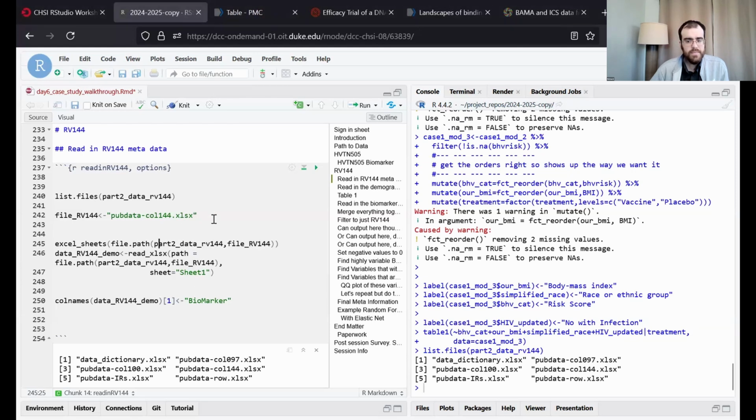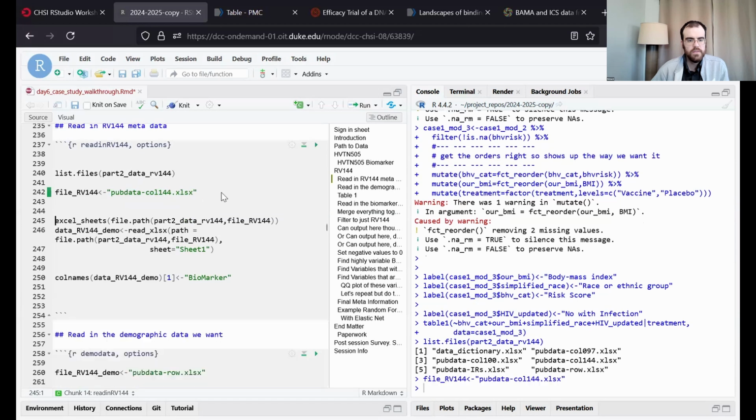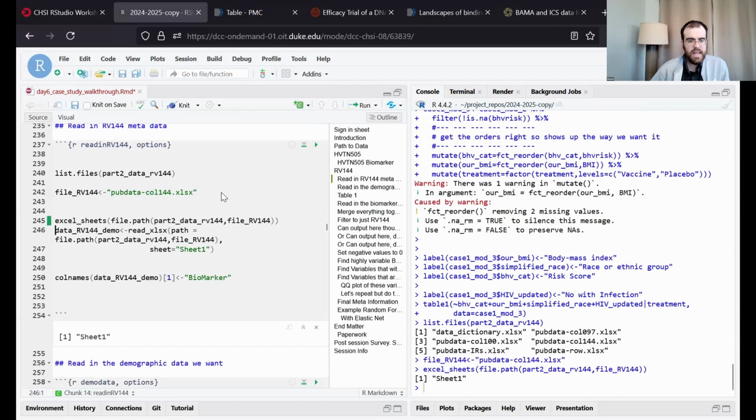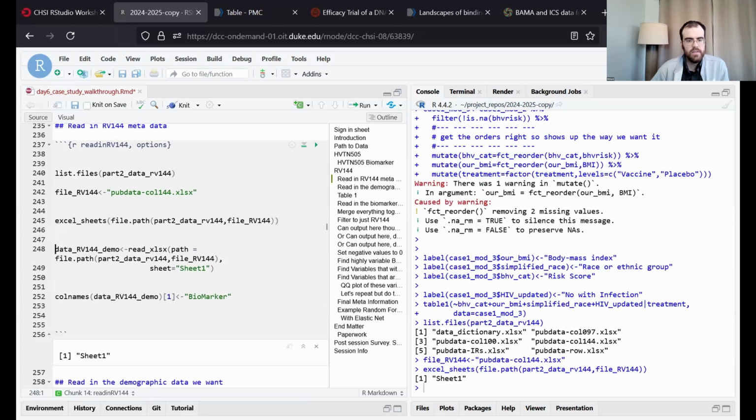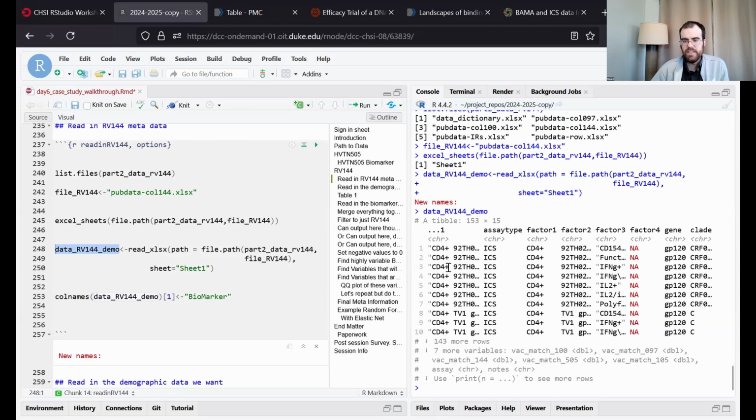So we have the 6 files. Our first file is going to be this pub data, call 144. If we look in that, there's only one sheet. So we're going to read that in using this read_xlsx function. We give it the path, we give it the file name. And if we take a look at that, you can see it's kind of this